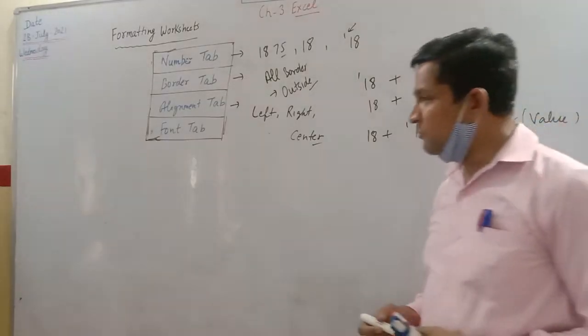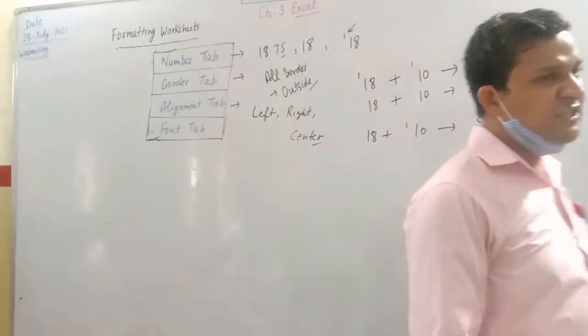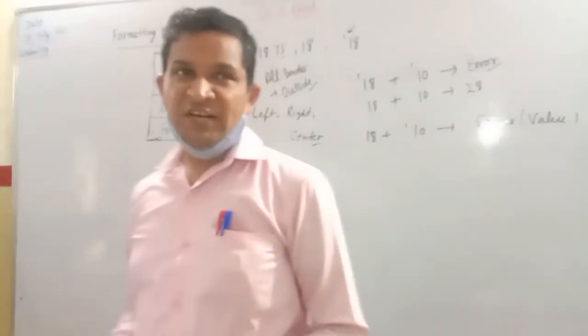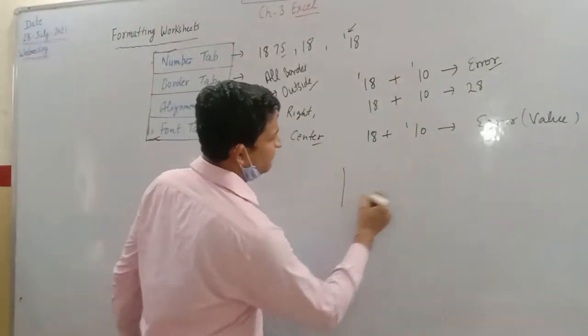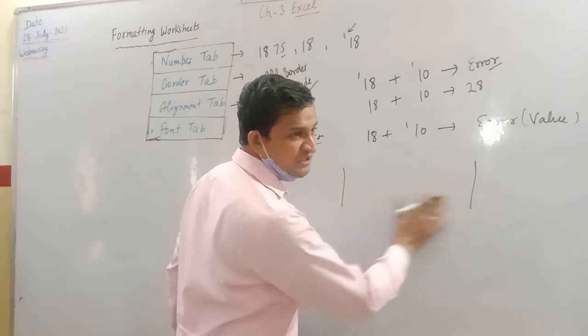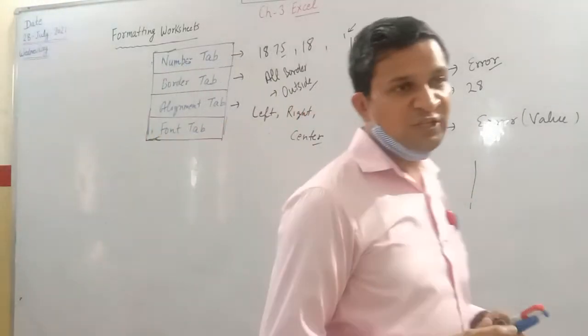In Excel sheet there is no option for justify. In MS Word 4 options are there: left, right, center and justified. In Excel sheet there is no option for justified, because numeric values need not be justified. Justified means equality from both sides, making the space equal on the left and right side. That is possible in the case of text. That is not required for numeric values. That's why the justified option is not there.